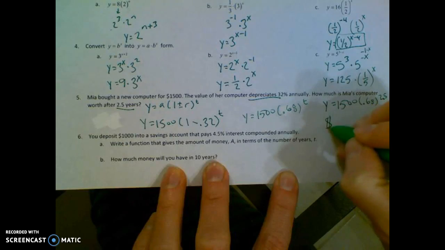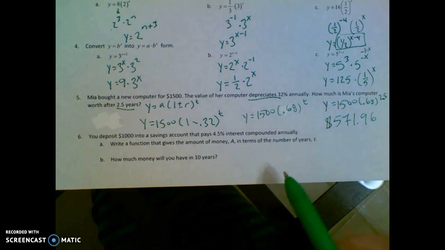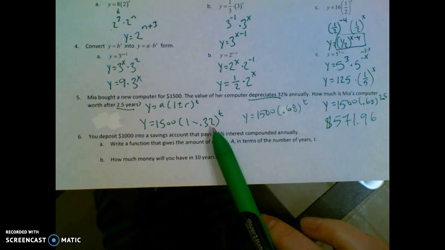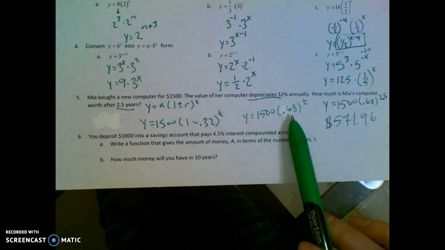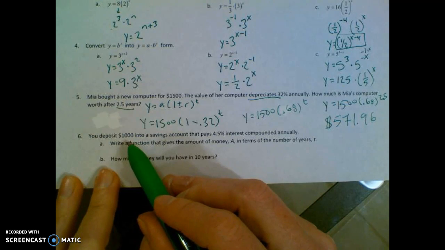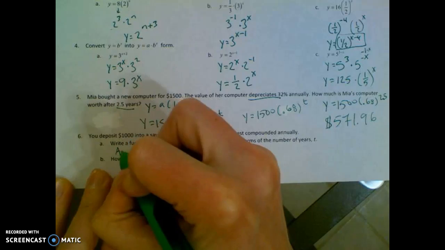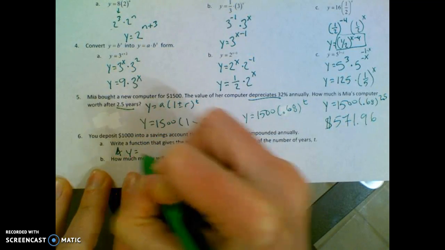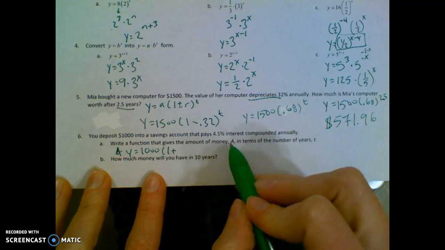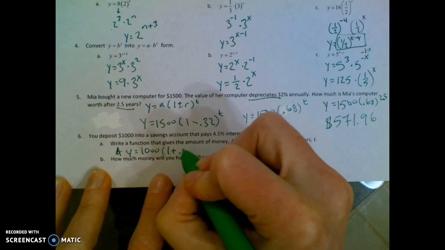You're going to get $571.96. So just be careful on that one. Depreciates means subtract. Make sure you change your percent into a decimal. So 1 minus 0.32 is 0.68. Next one, very similar. $1,000 is your starting amount and 4.5% interest. So you're going to say y equals 1,000 times 1 plus, because you're gaining interest, and 4.5% is